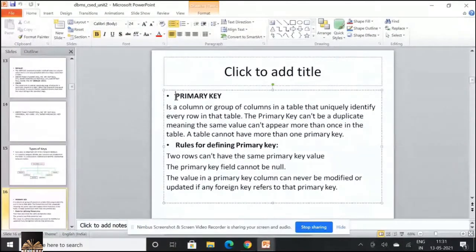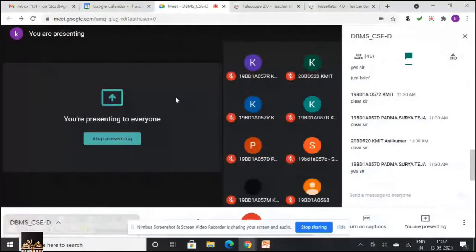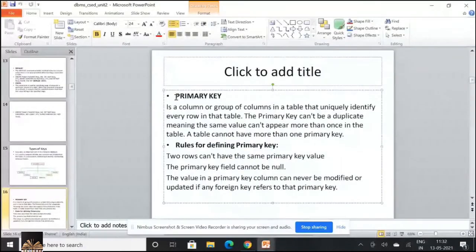You know what is a primary key? It is a column or group of columns. So a primary key can be a simple attribute or a composite attribute. Composite in the sense you can have more than one column forming a primary key. Which uniquely identifies every row in that table.